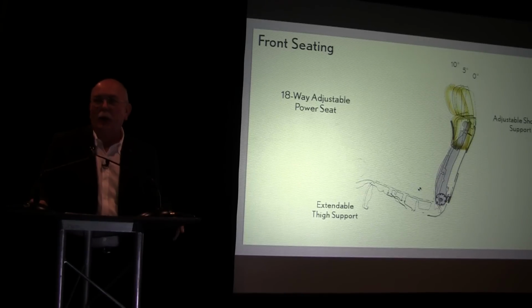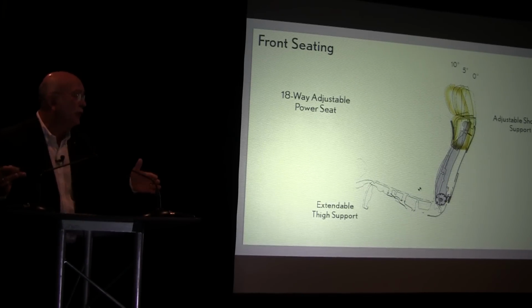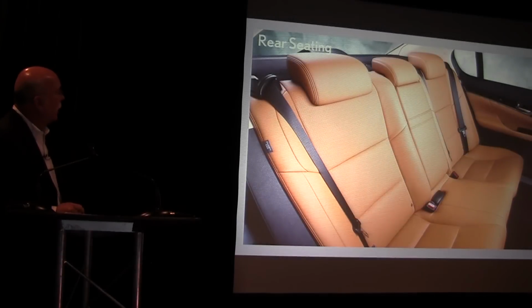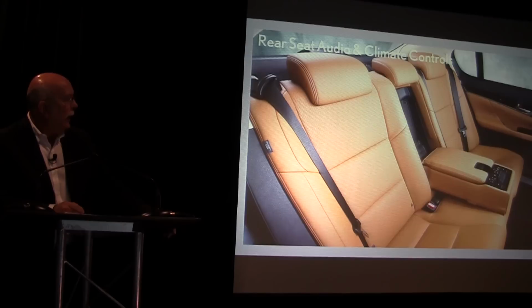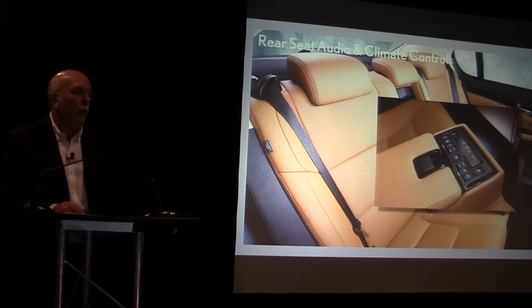You'll have to open the door and look which ones you're pushing, or just push and see what you feel, okay? You also get side bolsters to hold you in the seat. So if you're going to do the track, you may want to tighten them up just a little bit. Okay, rear seating, as I mentioned, we got lots of room in the back, so make sure you check it out. In the luxury model, we do add controls in the back for your climate control as well as your